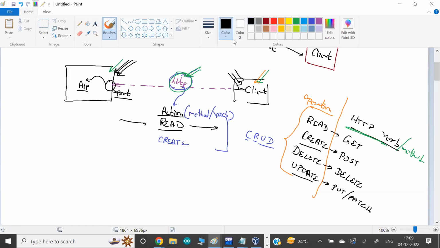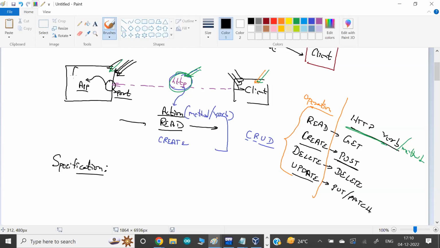Those are known as specifications. There are some standardized specifications we have created in the market. If everybody follows this specification, it becomes a standard. It means if you want to create something, the client always has to send post, so your services can understand you want to upload something.